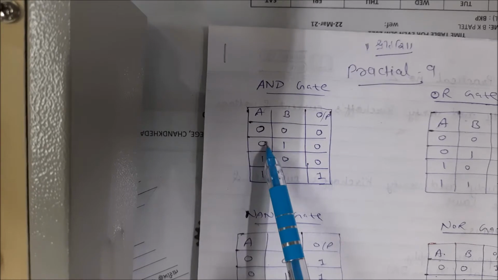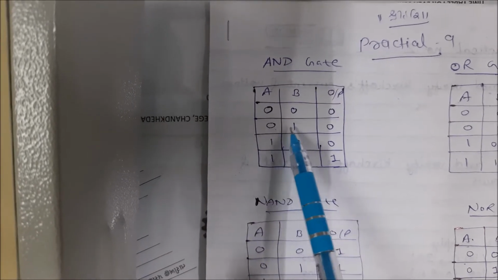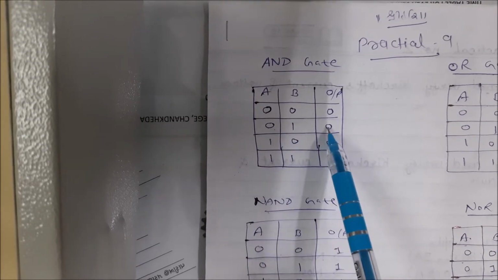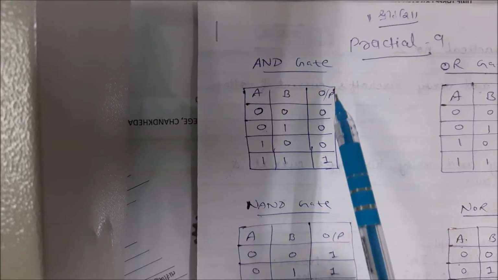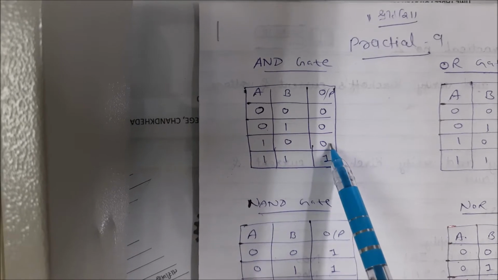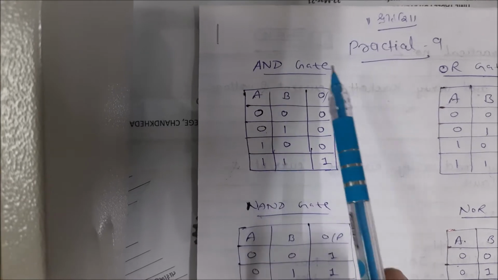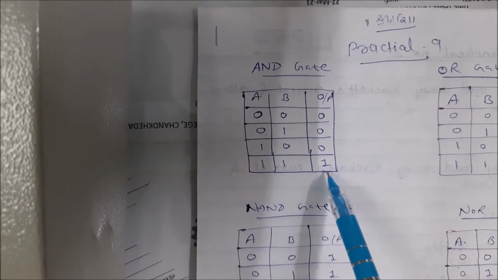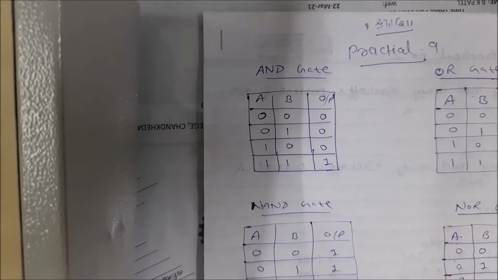Similarly, I am keeping input A as 0, and now I am changing input B from 0 to 1, but because it is an AND gate, multiplication of these two will happen, and 0 into 1 will give 0 again. So I can say that AND gate is also a multiplication gate. Again, if I keep A equal to 1 but change B to 0, then my output will be 0 again, 1 into 0 is 0. And finally, when I give 1 1, or true true, to both the inputs of AND gate, only then my output will become 1. So this thing we are going to visualize on the kit that is available with us.